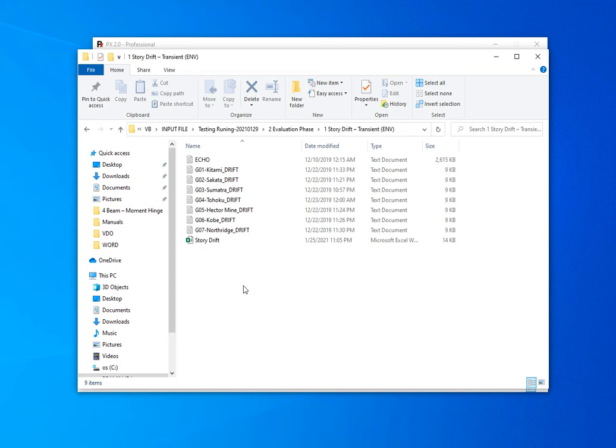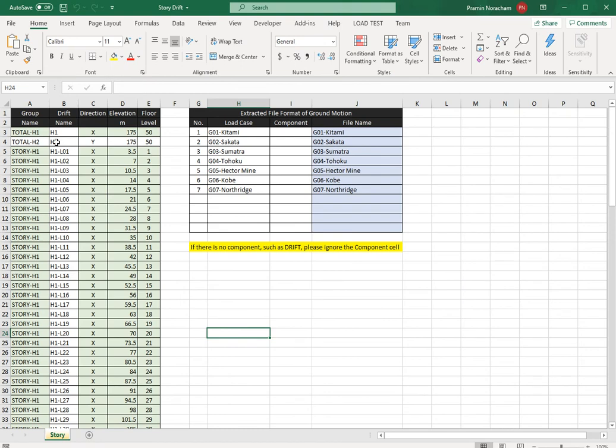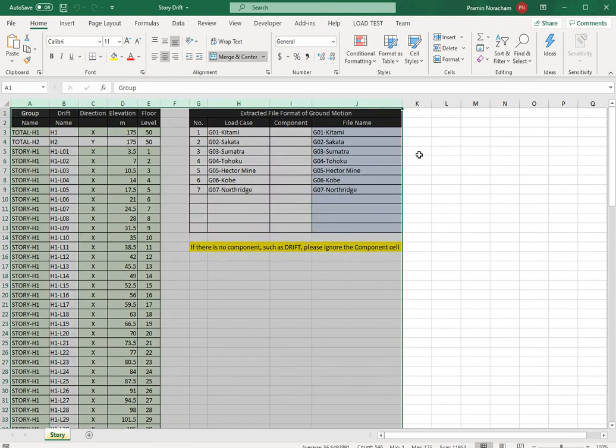Here, you need to prepare three types of input file. This is a drift from based on 7 ground motions, which can be obtained from the extraction phase. You need to prepare an Excel file, an Excel file here. Just follow the steps in the user manual.